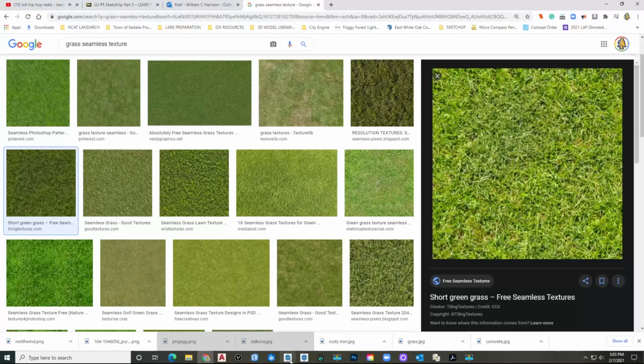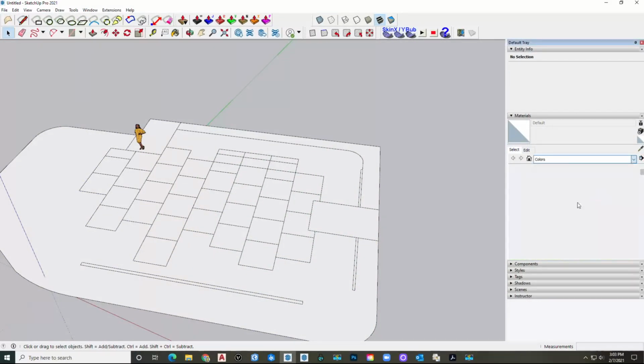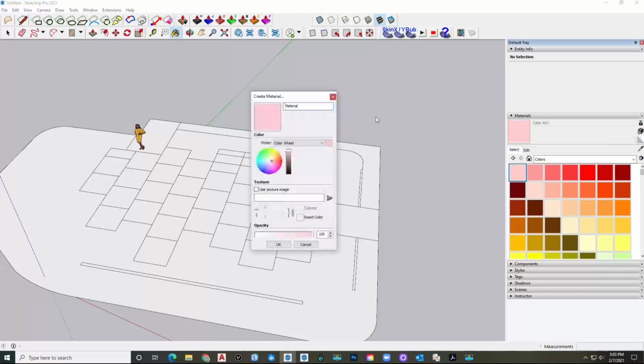and in SketchUp I am going to create a new texture. So I'm just going to click on any of these things, right? It doesn't really matter. It could be a color. I'm going to do pick a color, which just makes it easier for me. I'm going to pick a color, and just the first thing that I see, and then I'm going to click this plus button, create material, and